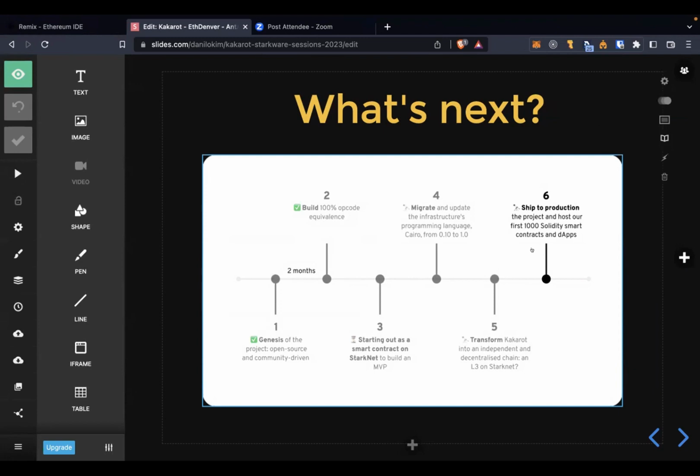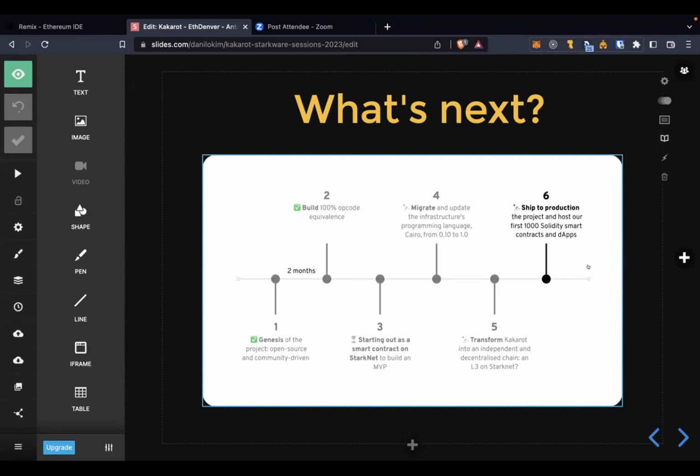Of course, pure Cairo contracts will be more efficient than Solidity contracts, but for those who are just coming for the first time and want to deploy and have some applications, and efficiency is not such a big deal, it's good. So yeah, we are now planning on having 1,000 Solidity smart contracts on our environment. Right now, what you can do, this was developed by our CTO this week,